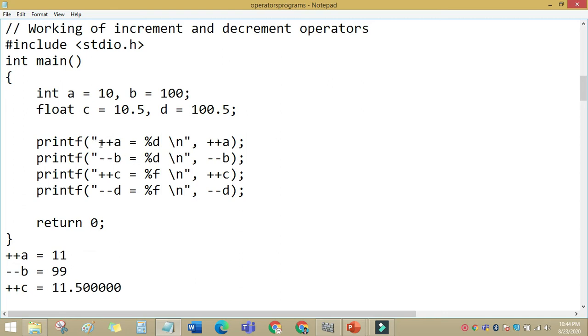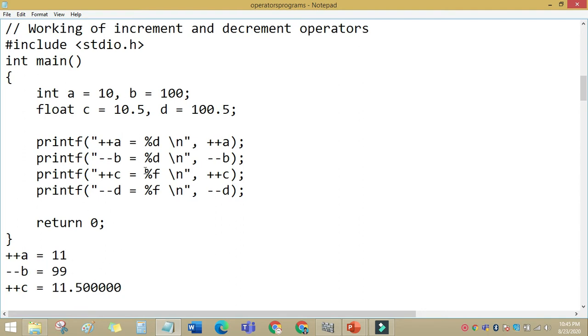The value of b is 100, and here I am writing minus minus b. As I already told, it will decrement or increment by only one value. So 100 will decrement by one, that is 99. For plus plus c with value 10.5, it will increment by 1, and the answer is 11.500, a float value. So this is the use of the increment and decrement operators.